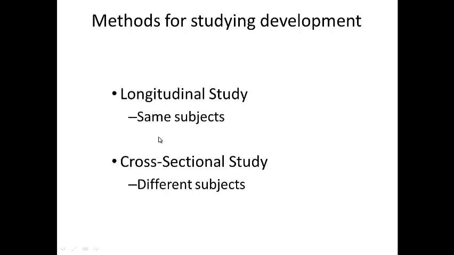Now imagine conducting a study that focuses on a larger time span. Maybe you want to figure out changes that occur in a particular psychological phenomenon between the ages of 15 and 30, right? That would be a 15-year study. So a longitudinal study takes a long time, and sometimes it's not always possible. Now, the alternative to that is a cross-sectional study, where you're using different subjects.